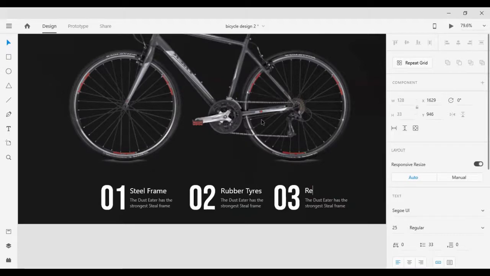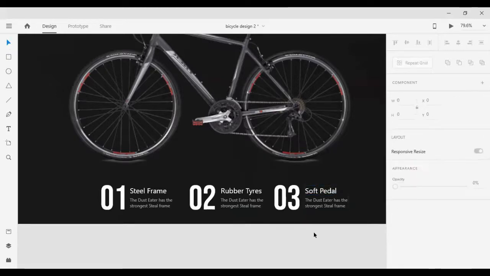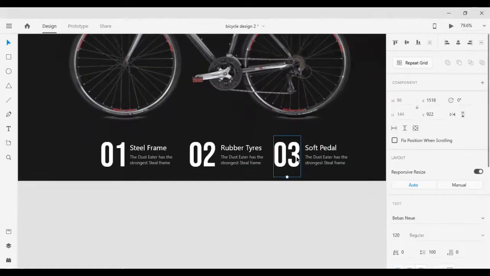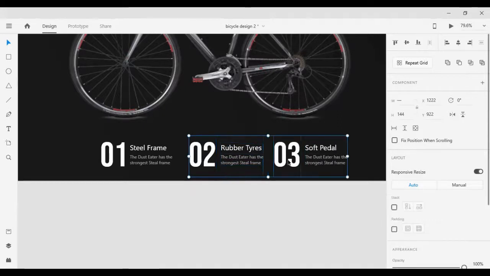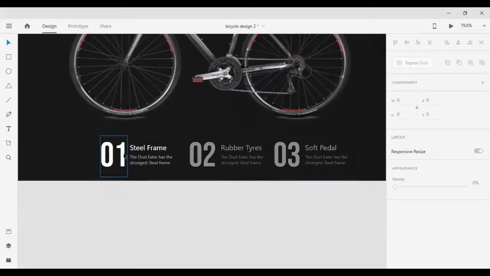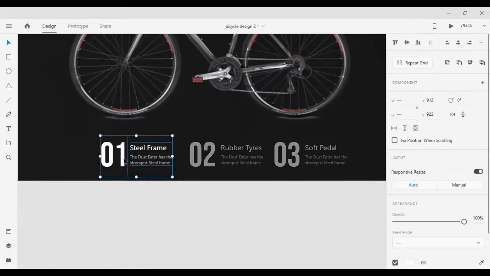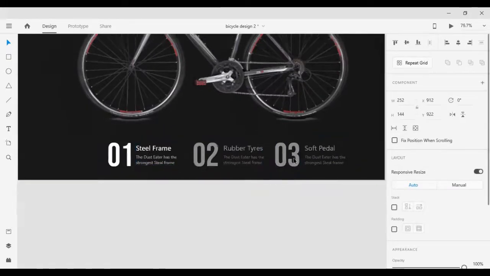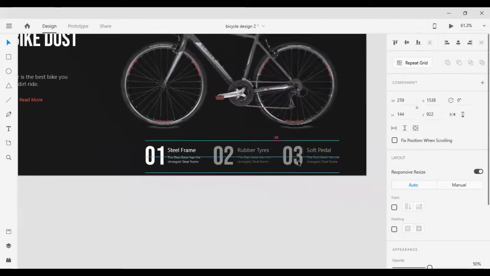I'm just thinking of pointers you can put. I don't want to beat a dead horse, but if you had a real client, you would be putting the real client's information here. And we're going to take these two down, just to indicate that we're looking at the first item, the first pointer,